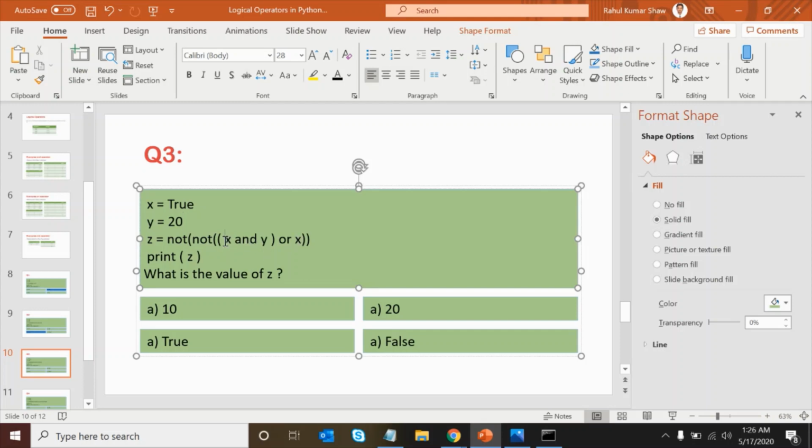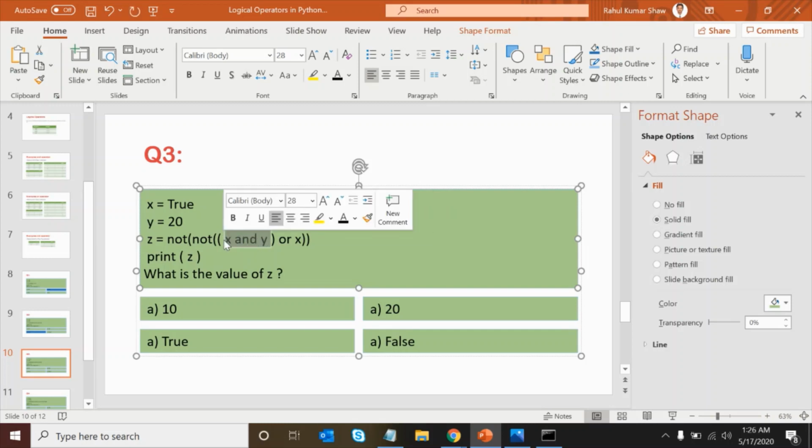So true and 20, tell me what will be the value? True and 20, so it will return the y value, because we cannot tell what this statement will return before checking the second statement, because it's the AND operator.